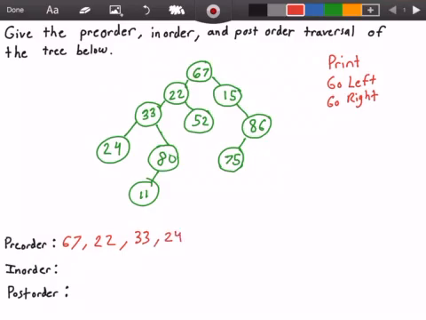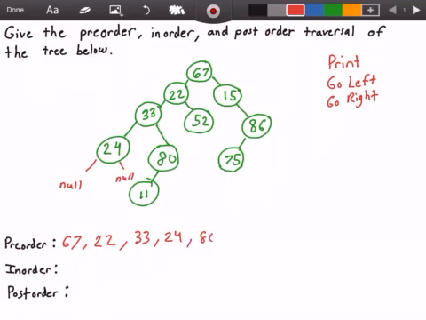And then we go to the left of that and we get to our null value. So there is a null value here. All right, now we're going to go back up to that node 24 and we're going to go to the right of it, and we see that it too is null. Okay, so we go back up to the node 33 and we have gone as far left as possible on this node. So now we're going to go to the right and we see the node that contains the value